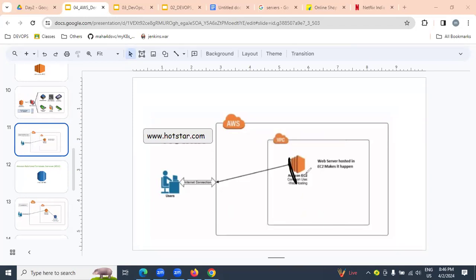On top of the server, we can place the Netflix application. Once the Netflix application is placed, we can access it over the internet as a website.